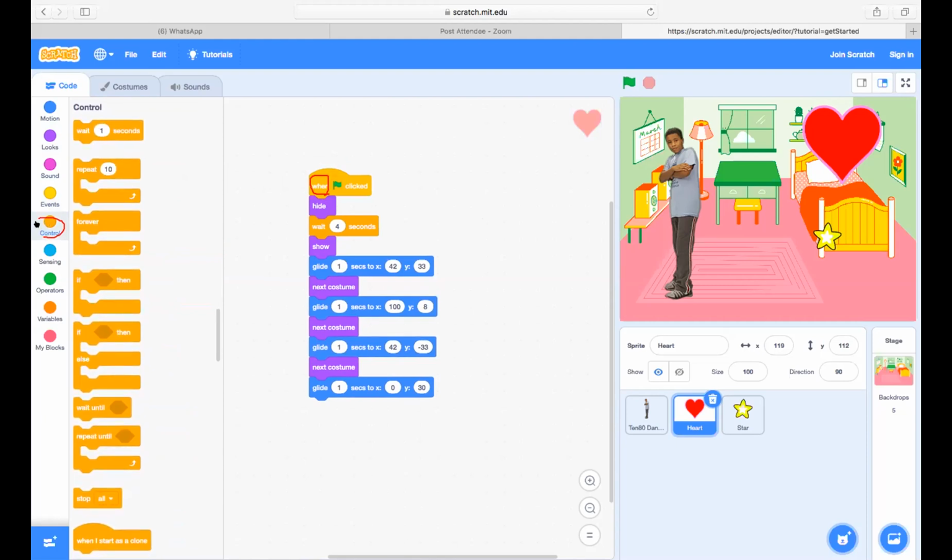Drag and drop the forever block over here. Okay, very good. Now this statement over here to here, starting from glide till this one, should all be within the forever block.